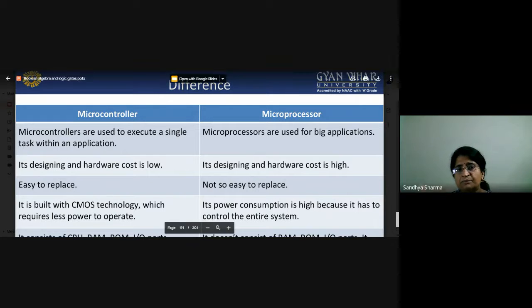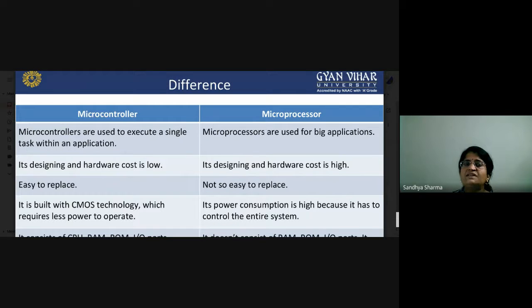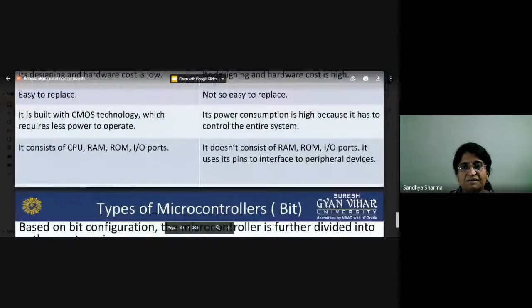Basically, a microcontroller is built with CMOS technology, and CMOS technology consumes less power. So if you are working with a microcontroller, it will consume less power, but power consumption is high in a microprocessor circuit.